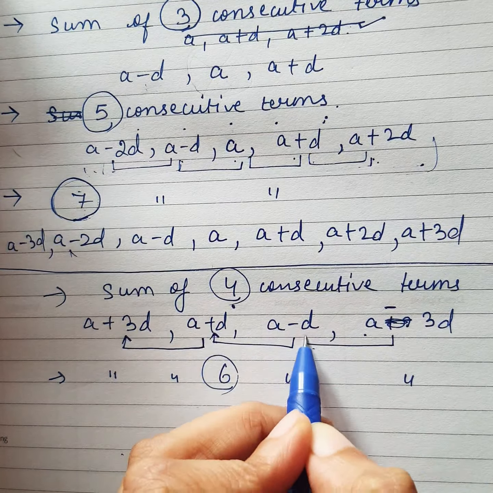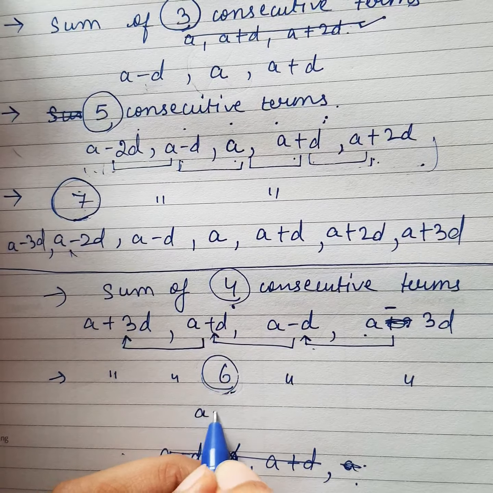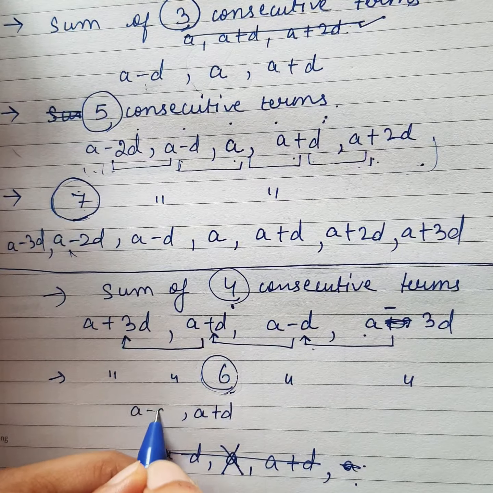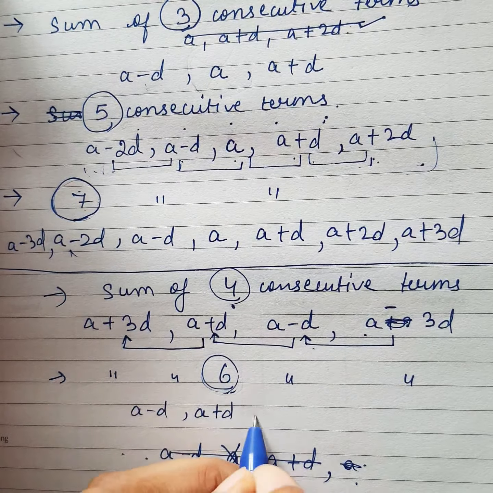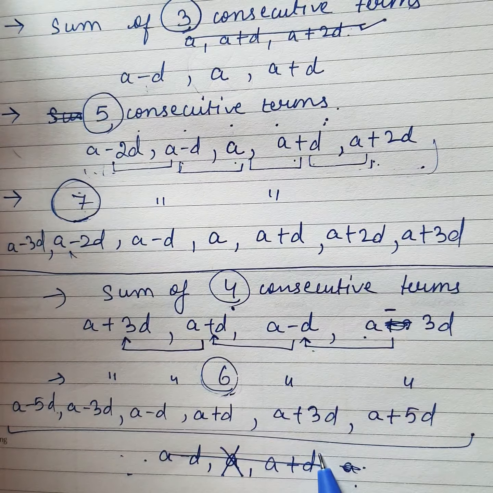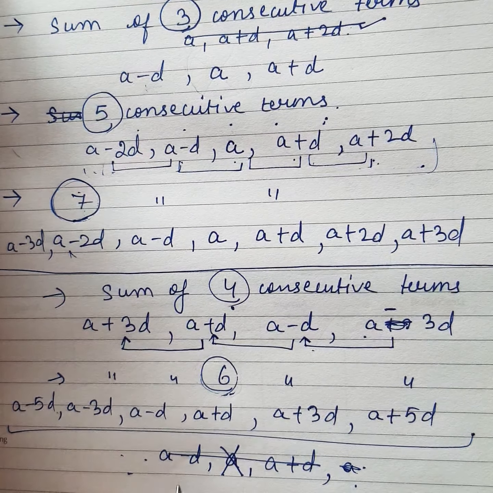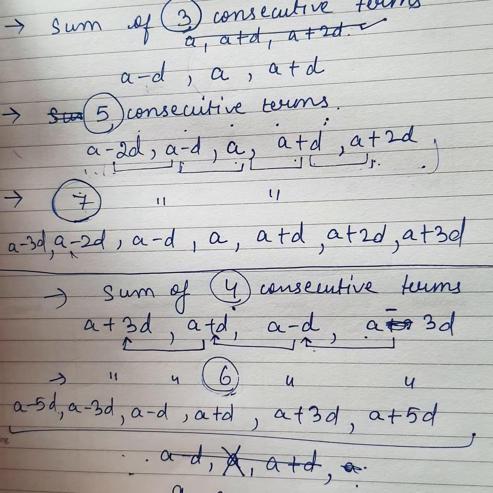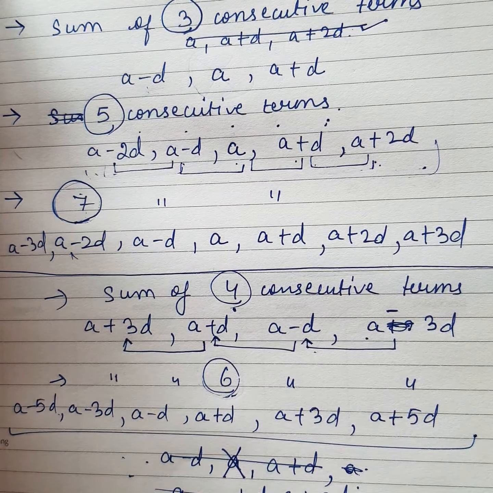Same if I have to select even number 6 terms, I will select A plus D, A minus D, A plus 3D, A minus 3D. These are 4. Then next will be A plus 5D. 4 I will miss, alternate terms, A minus 5D. So this will be selection of even number of terms. You have to keep these things in your mind for easy calculations. Otherwise, for tedious calculations, you can always take this pair, A plus 2D, and increase it as many times as many terms we want to select. Let us try with some questions.